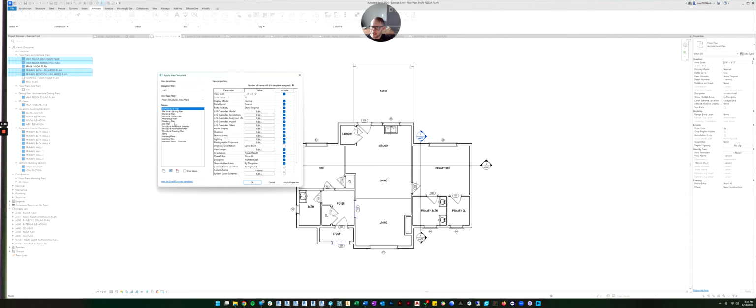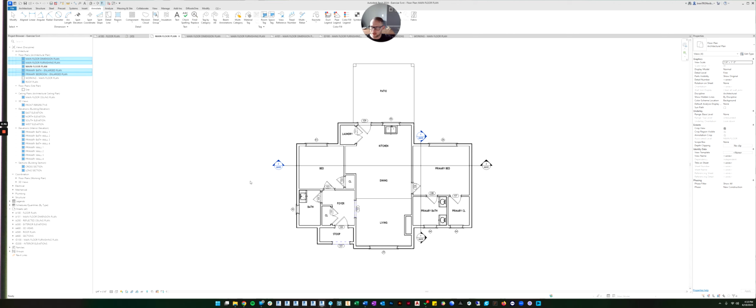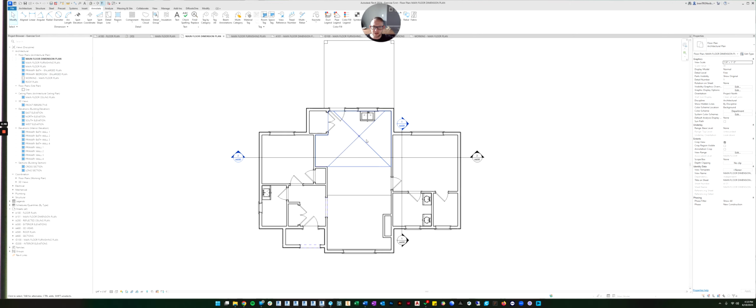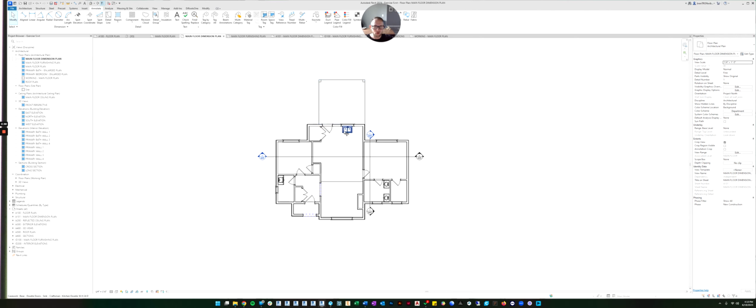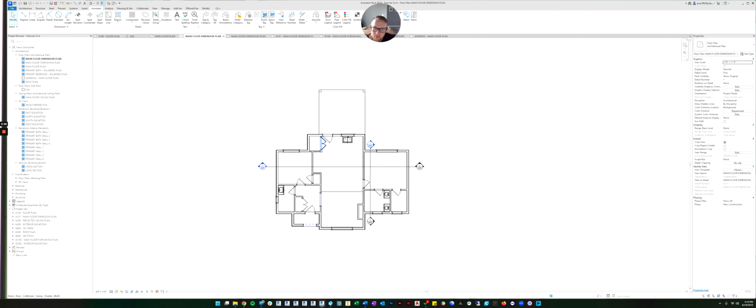We're going to click that button, and then it's asking us what template would you like to apply. So we'll hit the temp that we just made and click OK. Now when we look at our dimension plan, you can see it didn't add the annotations for us. That's something you have to do manually, but it did change all the visibility graphics settings for us.